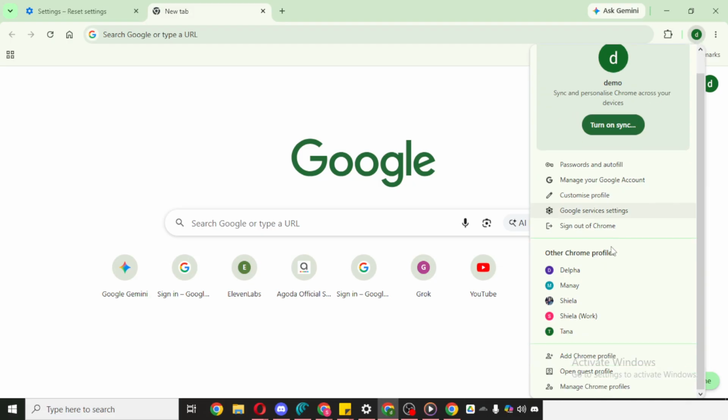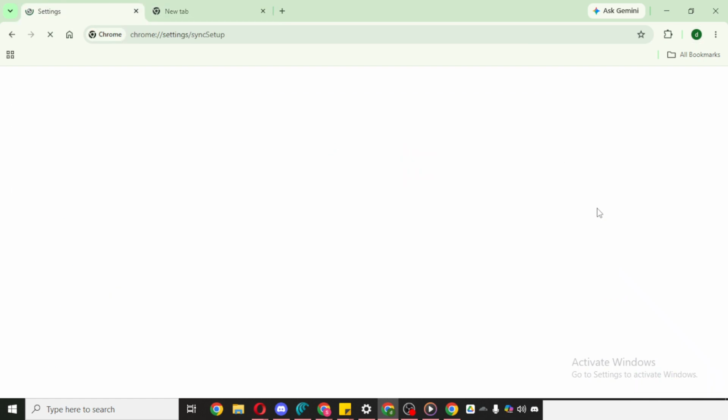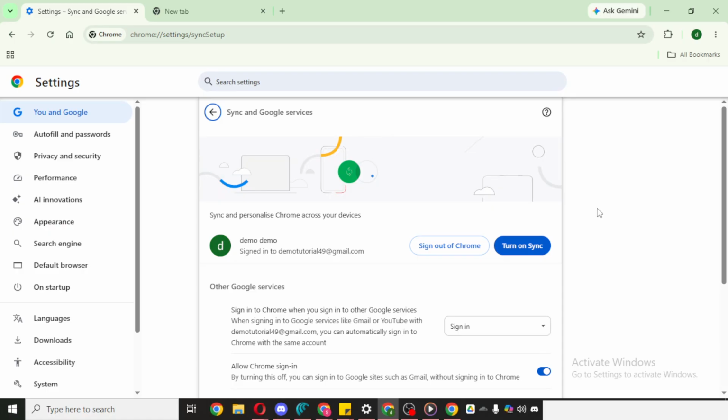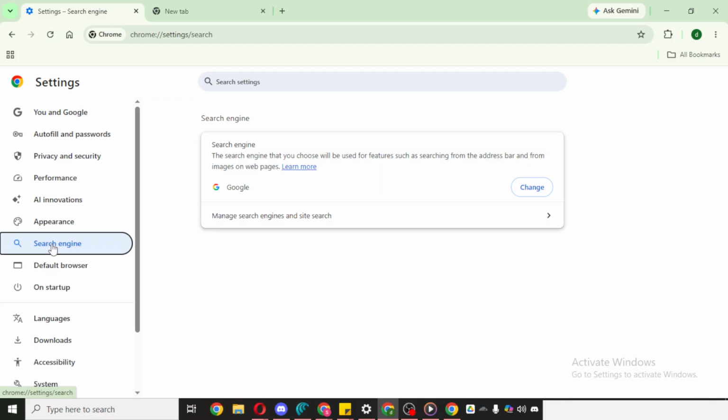This will take you to the main Chrome settings page, where you can control how the browser behaves. If you've never visited this section before, don't worry, it's organized in a fairly simple way and the option we need is easy to find. Inside Settings, look for the Search Engine section. Depending on your version of Chrome, this may appear in the left-hand menu or somewhere on the main settings page. Click into the search engine settings so you can view and manage which search provider Chrome is currently using.